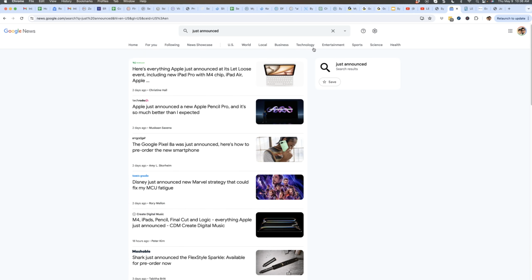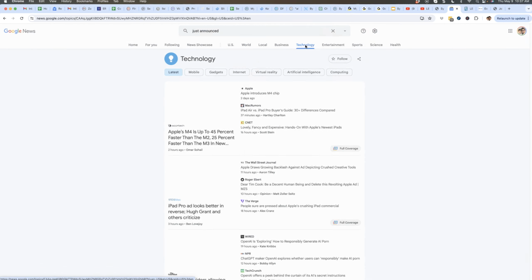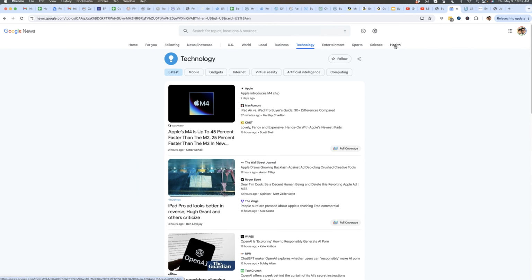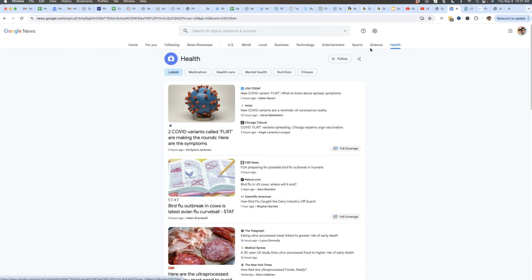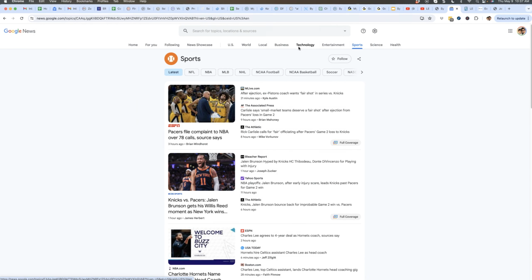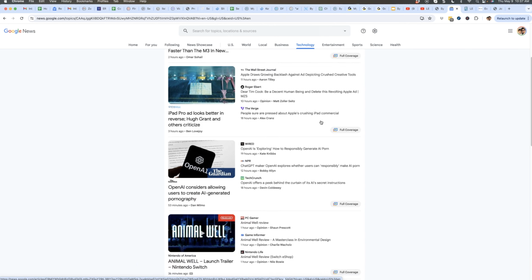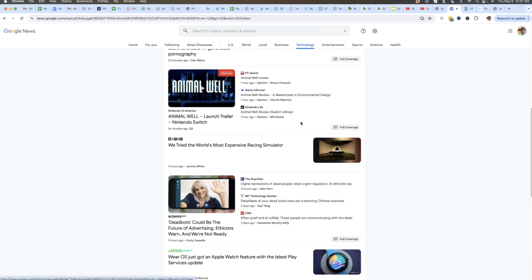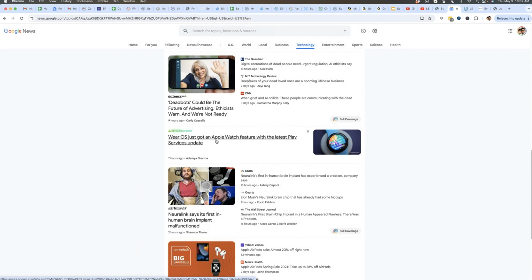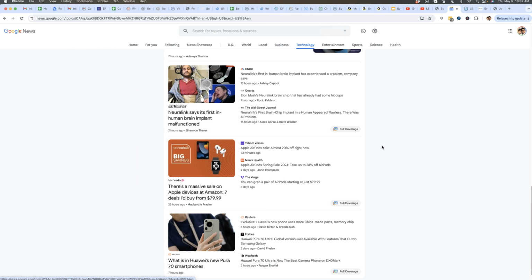You can also niche down here. There are different tabs, so you can target just technology or health, or even go into sports, and then type in your keyword, and find different products within there that have just been released, and then just tag in the word review after it. And this one here, what is this? Wear OS just got an Apple Watch feature, so it's just a new feature for the Apple Watch. But that can be